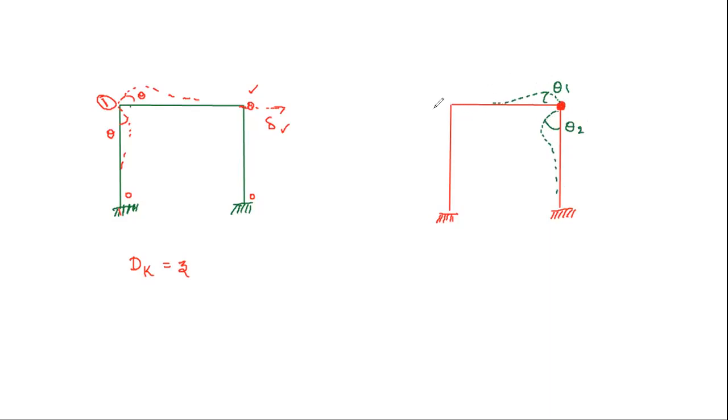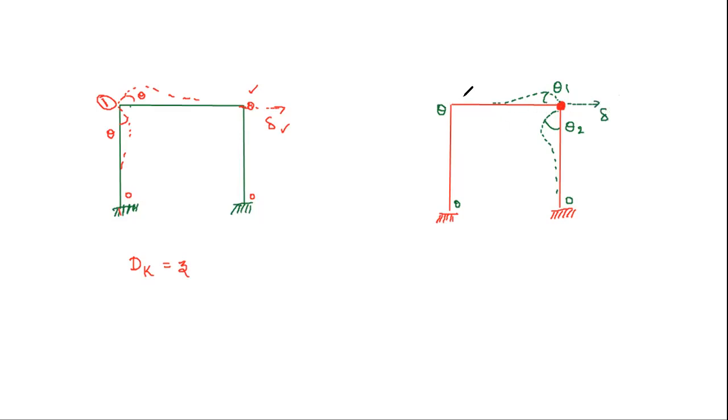So what will be the possible displacements? Here it will be 0. There will be no displacement and rotation. Here also it will be 0. And what is possible here? Here there will be one possible thing, that is theta, and here theta 1 and here theta 2, and in the same way del.